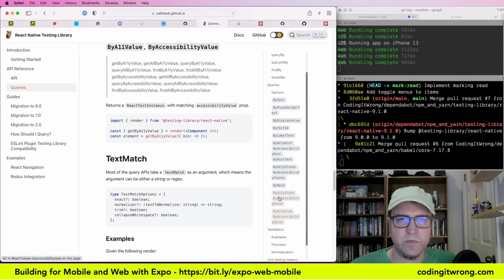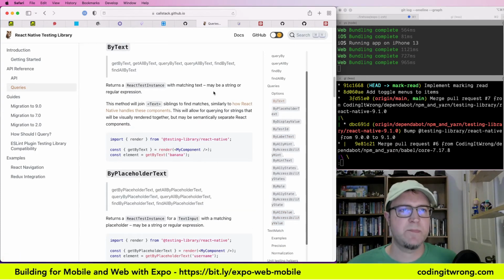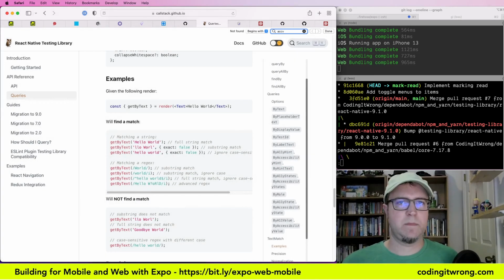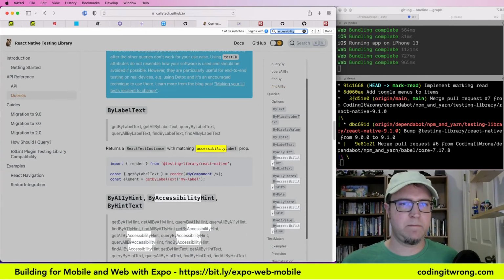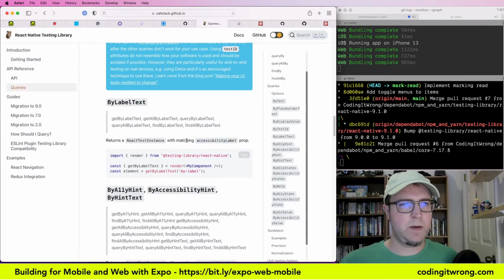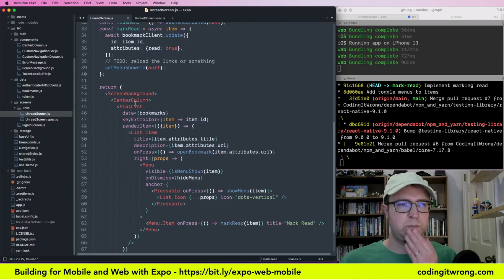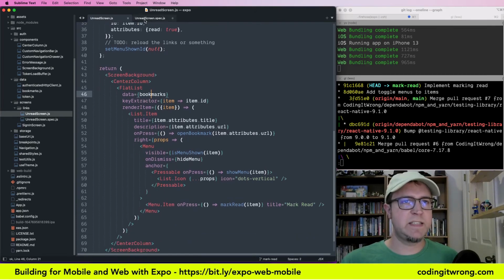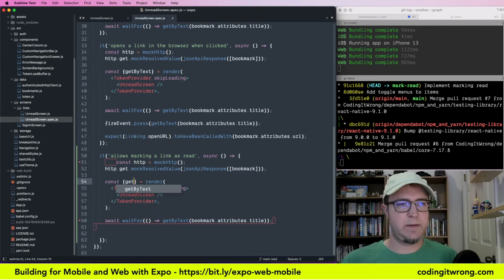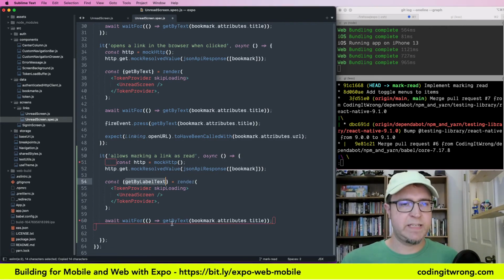No, that doesn't seem right. By text. By label text. Returns a React test instance with matching accessibility label prop. Cool. So in this test, we want to say get by label text, and we want to wait until the label text is present that says,